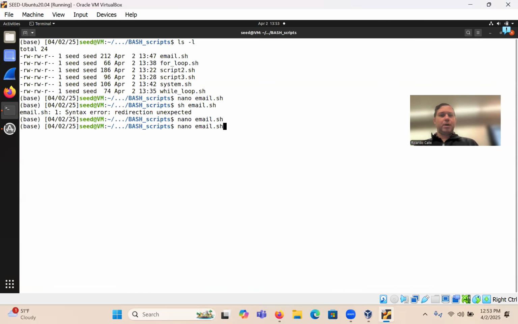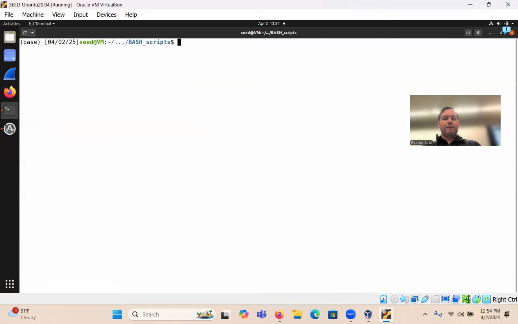All right, so I'm going to try this with bash. Okay, so it went through with bash. All right, so now we want to check mail.